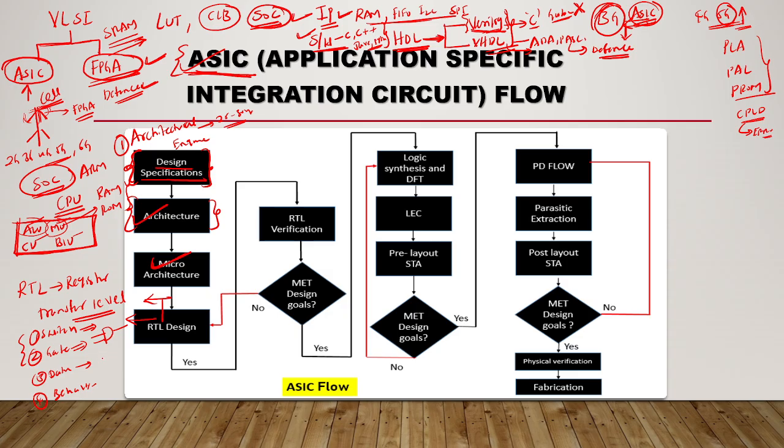Suppose there is an AND gate. You write it in terms of the expression y equals a and b. You need to use the assign statement. That we'll discuss, don't worry. Behavioral modeling means you know only the behavior of the circuit. For an AND gate, I know the behavior. What is the behavior? If any one of the inputs is low, the output is low.